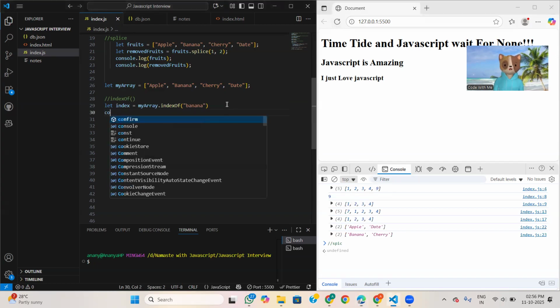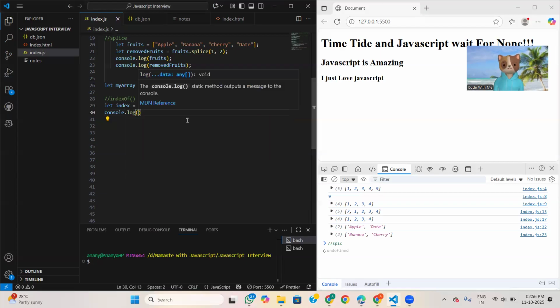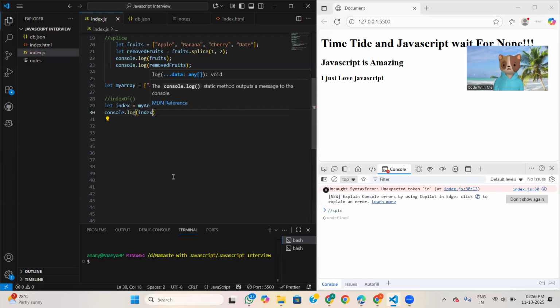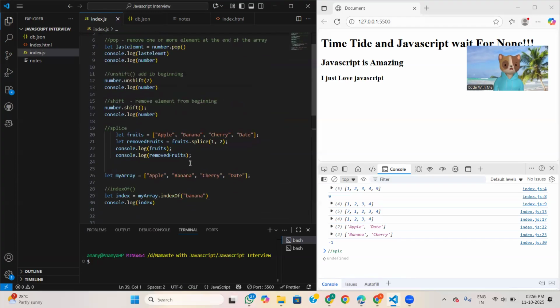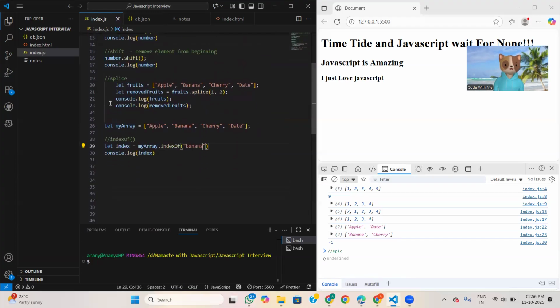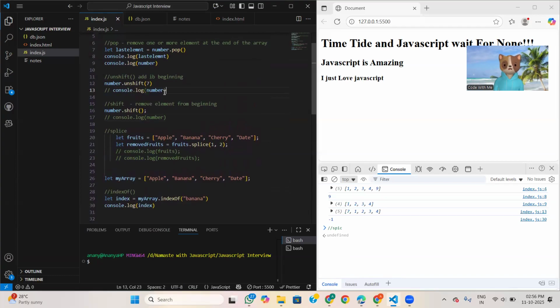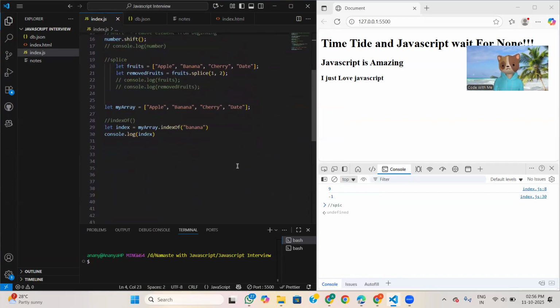Oh, I did not write console.log. Console.log index. First I'm thinking... where is this spice coming from?